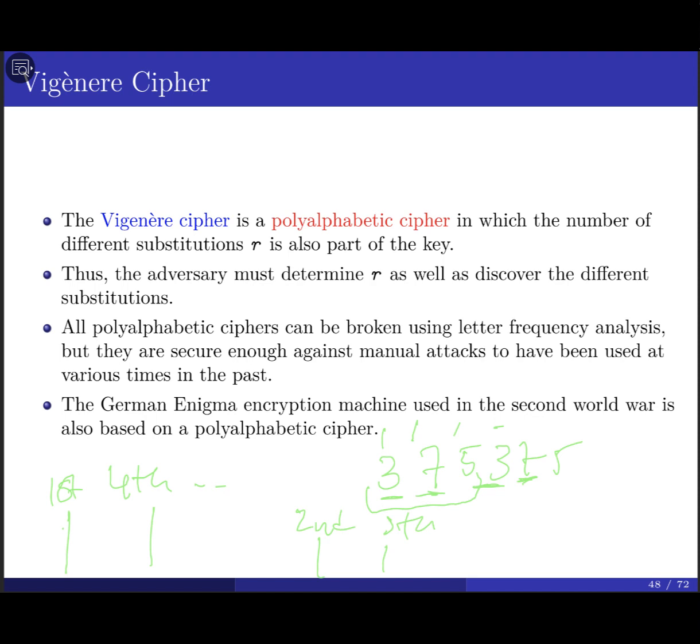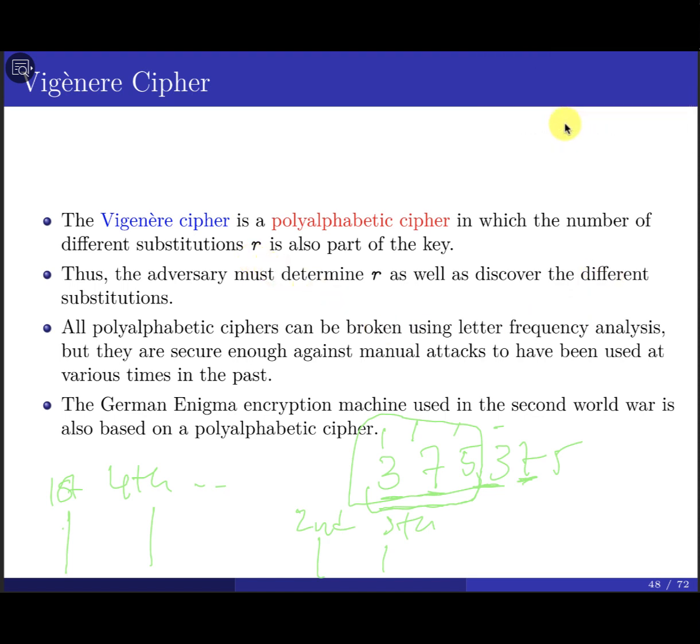But in order to perform this, you have to tell me exactly how you could estimate the length of the key. But yes, we can do it. So Vigenere is the polyalphabetic cipher, which is the same thing as you mentioned here. It depends on the number of different substitutions you're going to use. And this is the key. You must hide the number of different substitutions and the length of the key. This is very important. Okay?